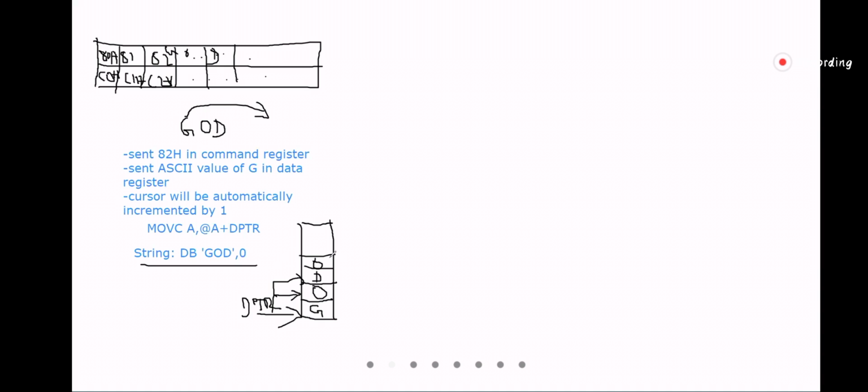If it is 0, then the program will stop. Are you getting it? That's why there is a 0 here. It will check whether the program should end, whether the LCD has displayed everything or not. So at the end we put 0. This is the letter O, this is the number 0. So there are two different things here.